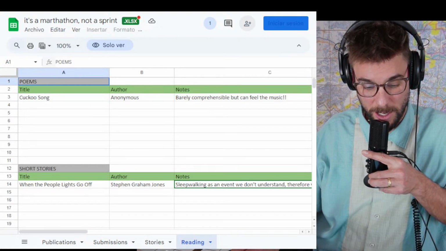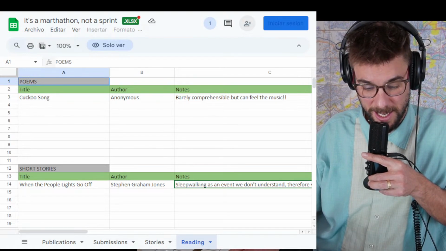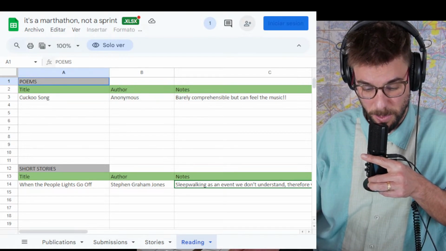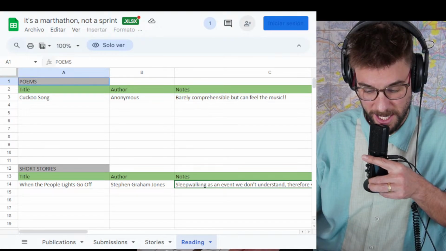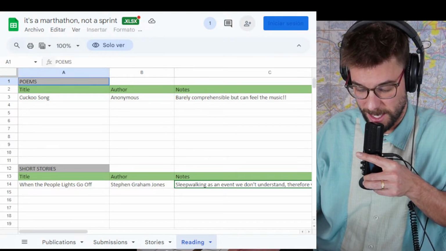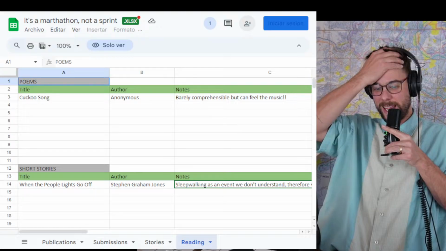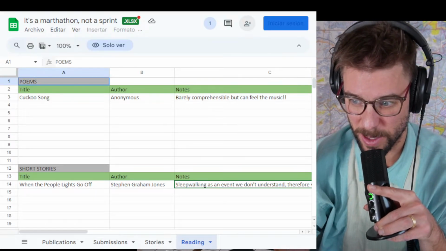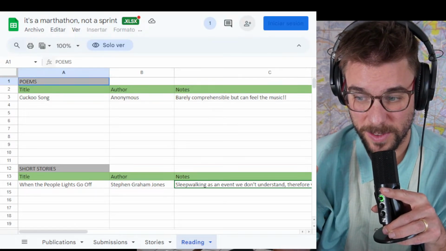I will say this, is that I think by writing down something like I did here for when the people lights go off under the short story section, I wrote in the notes, sleepwalking as an event we don't understand, therefore the scary great setup. I wonder if writing that down is going to help me remember it, because it really was this cool device where it's like,